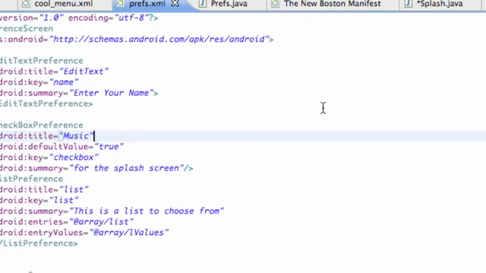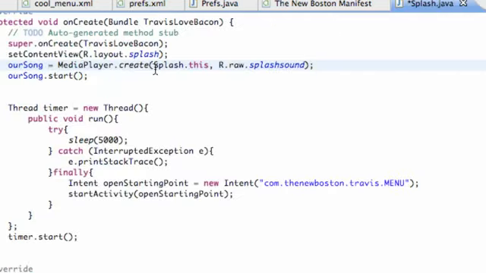Again with me, Travis. What we're going to do in this tutorial is access our checkbox preference within one of our classes, which will be your splash activity. I changed the title to music and the summary to say for the splash screen. So now we're going to go into our splash activity that we have set up